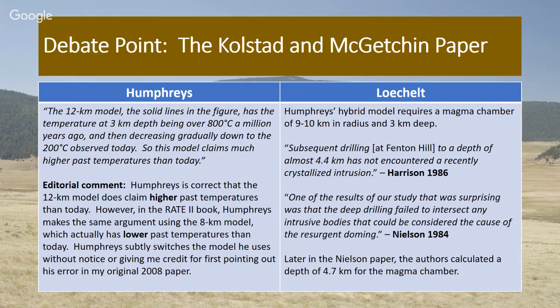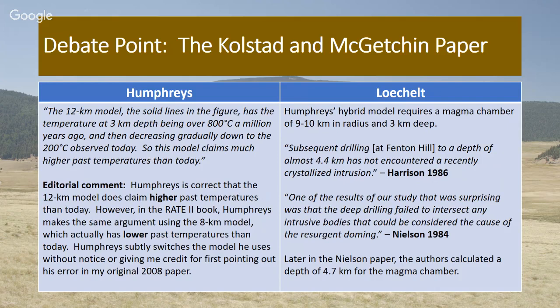So what's fascinating here is because he abandoned his original argument, he's tacitly conceding that it was not a defensible position. But rather than revising his conclusion, he's looking for a different figure in the paper to support his conclusion. But at least he's reading the graph the right way. And I think we're making progress as far as this debate between Humphreys and me. He is making progress because at least he's reading the graphs correctly, and I give him some credit for that.